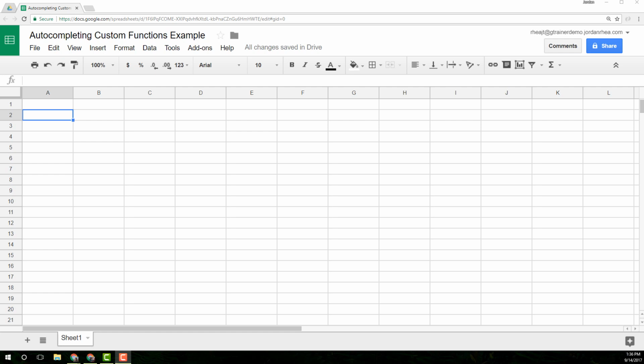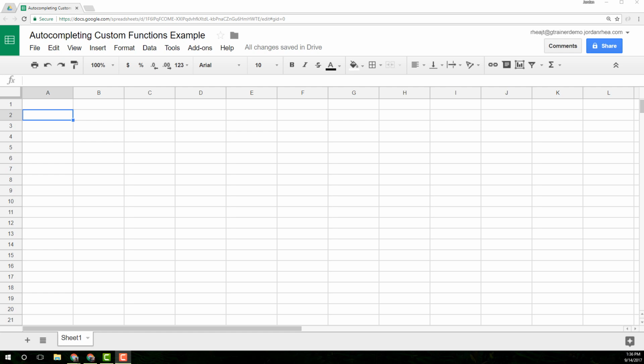Today I'm going to be making a short video demonstrating the auto-completing feature when you write a custom function with AppScript. This isn't technically a teacher-based one, but I needed a way to convert currencies. I've just moved to China, and I'm getting used to a whole new currency system. Spreadsheets are great for budgeting and tracking finances, so I thought I would write my own function that I would